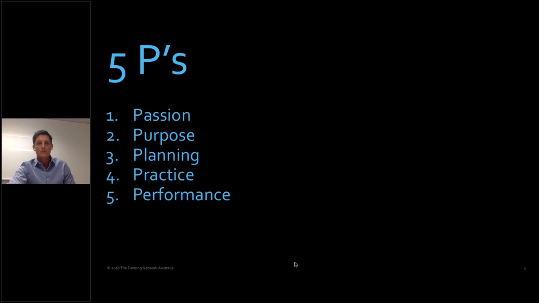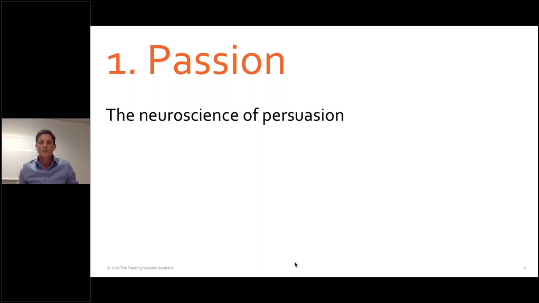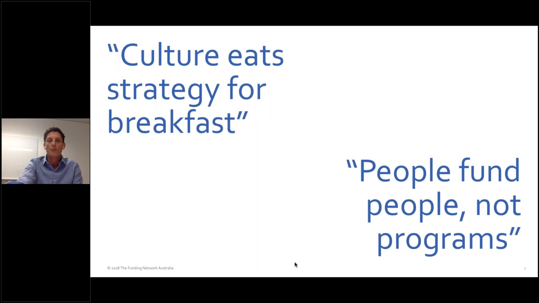So the first is passion. Now, what do we mean by passion? Passion really is now grounded in neuroscience. There are 2 quite famous quotes that I'm sure you've heard before. They're well used in our sector. Culture eats strategy for breakfast, and people fund people, not programs. Now, culture eats strategy for breakfast is wrongly attributed to the famous American strategist, Peter Drucker. But both of these statements bring to life the insight in this section about passion and the neuroscience of persuasion,